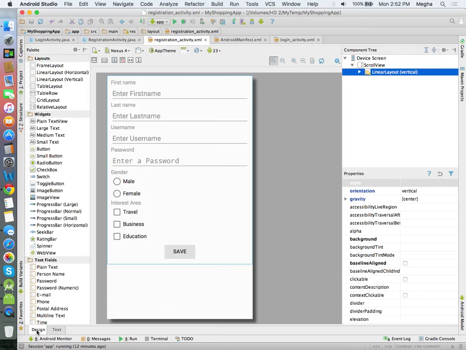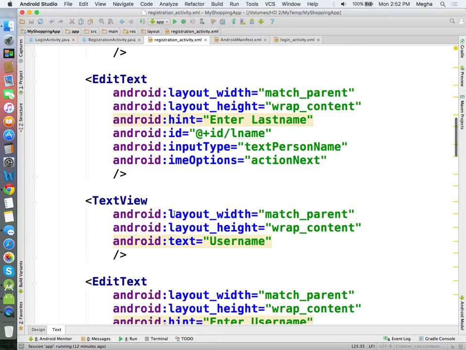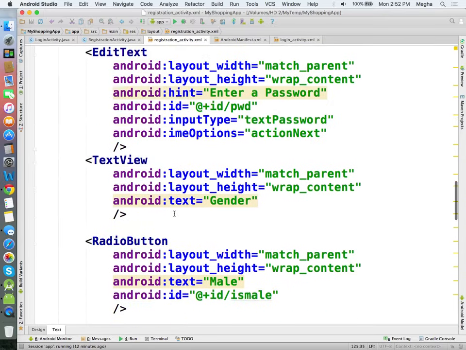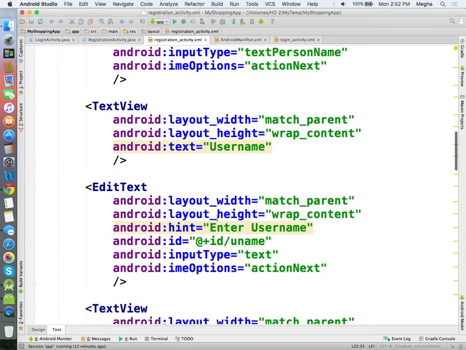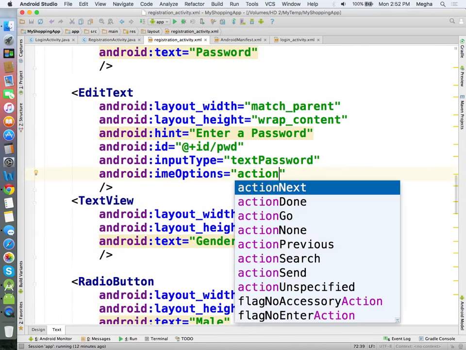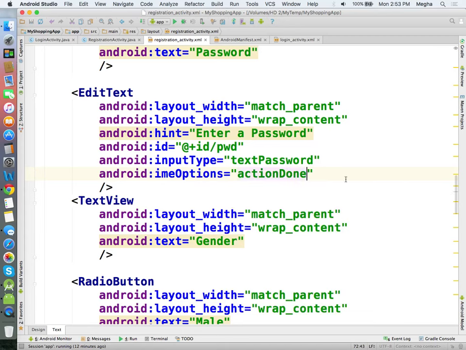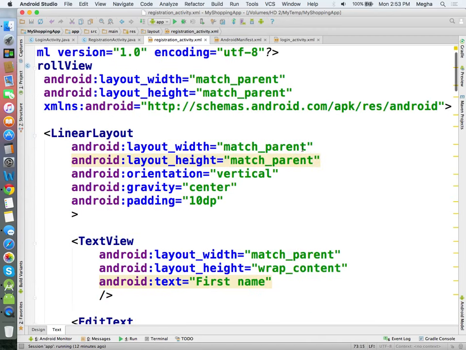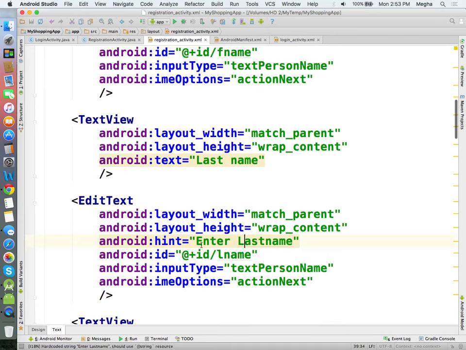We have to put them to work, but at least we have done this much. So enter password. I want to dismiss the software keyboard. Up to password, the user does not simply tap; username, password. In this case, action done, because the checkboxes and other things would require tapping to select. At the end, we will migrate every hint or text into a strings file. At this point I just hard coded the values, but this is not the way we require, of course.